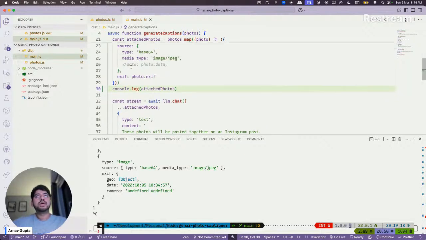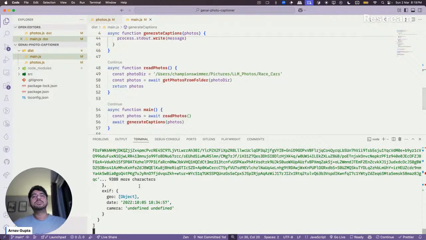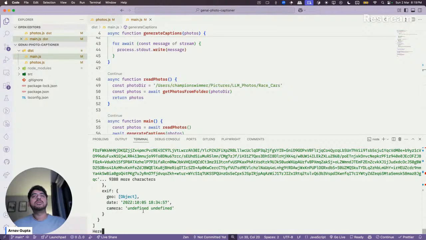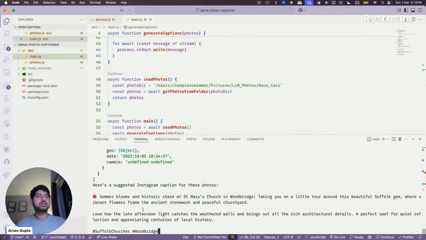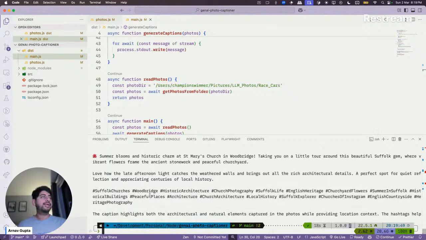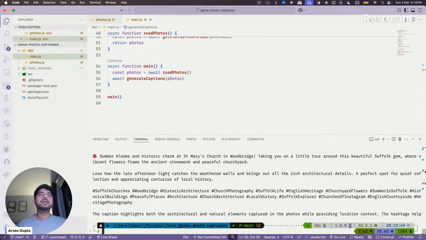Okay, and here goes the image data. Definitely not correct.